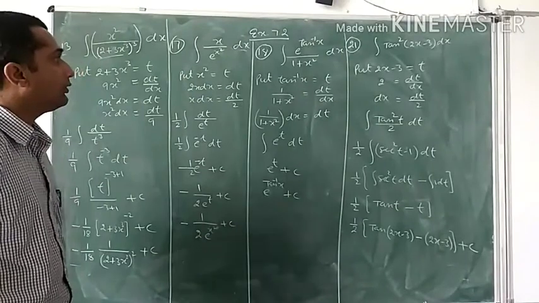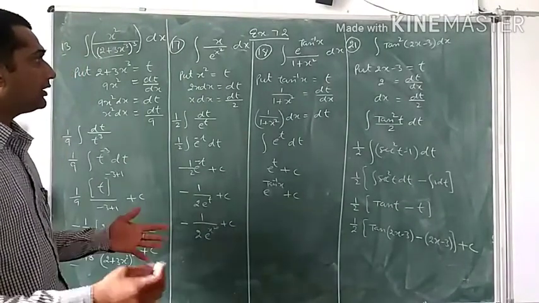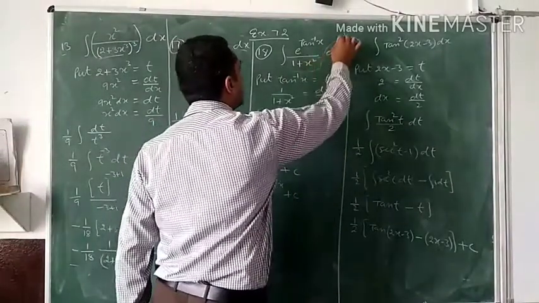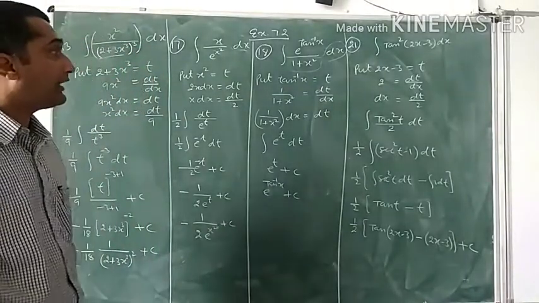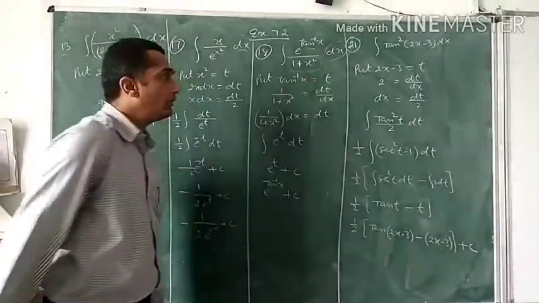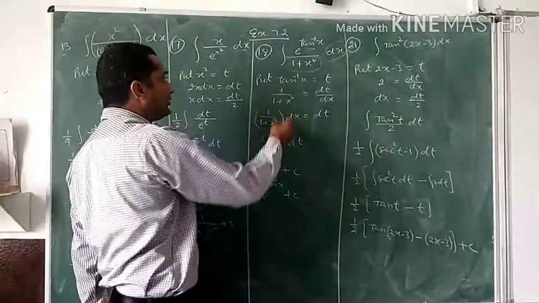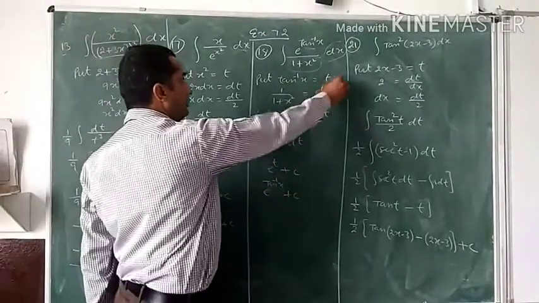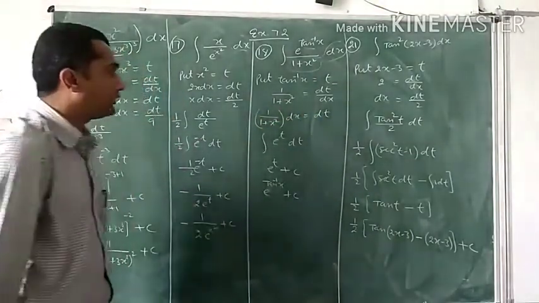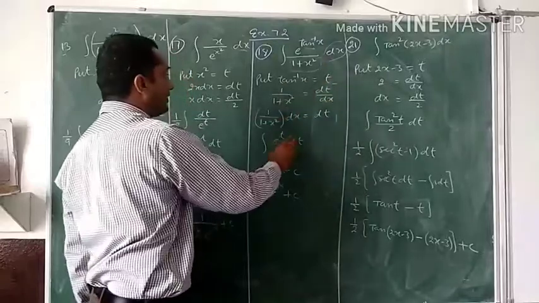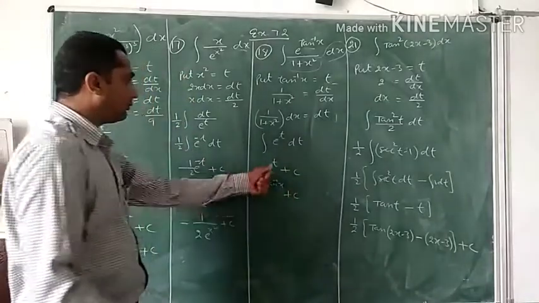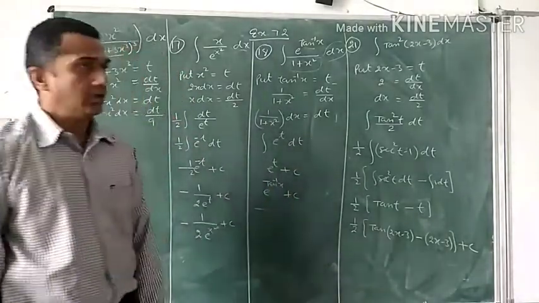So students, before substitution, you have to think what you have to do. As you know that 1 over 1 plus x square dx is the derivative of tan inverse x. So you can put here tan inverse x is equal to t, and the derivative of tan inverse x is 1 over 1 plus x square, and the derivative of t with respect to x is dt over dx. So 1 over 1 plus x square dx is equal to dt. After solving this, you will get e raised to power t dt. Then the integration of e raised to power t is also e raised to power t plus c. So substituting the value of t, you will get the answer.